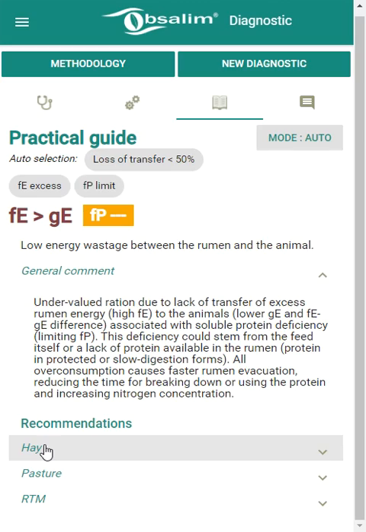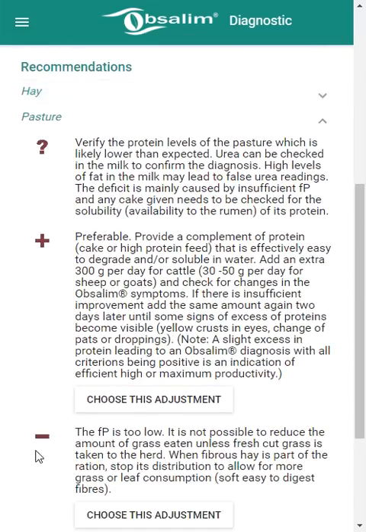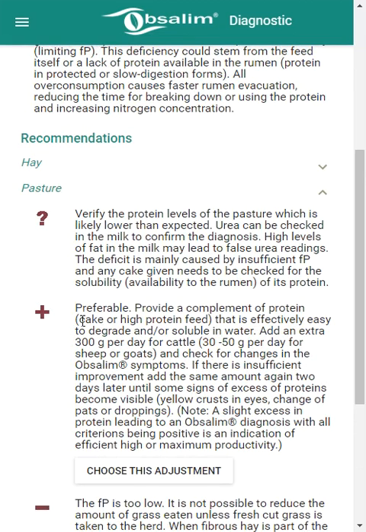For example, if we are now on a pasture system, the recommendations are to provide a complete complement of protein that is effectively easy to degrade and or soluble.